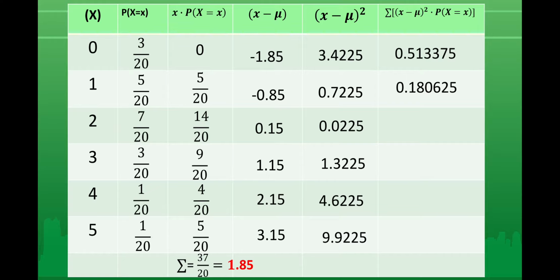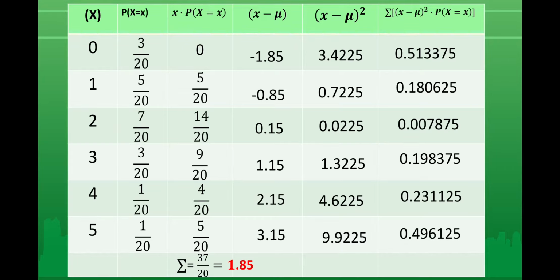0.0225 times 720 is 0.007875. 1.3225 times 3 over 20 is equal to 0.198375. And 4.6225 times 1 over 20 is 0.231125. And 9.9225 times 1 over 20 is equal to 0.496125. So to get the variance, we're going now to get the sum of all the values on the